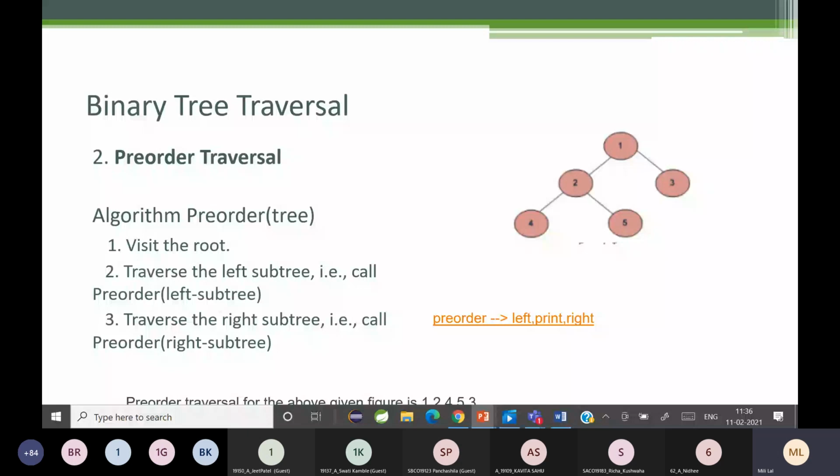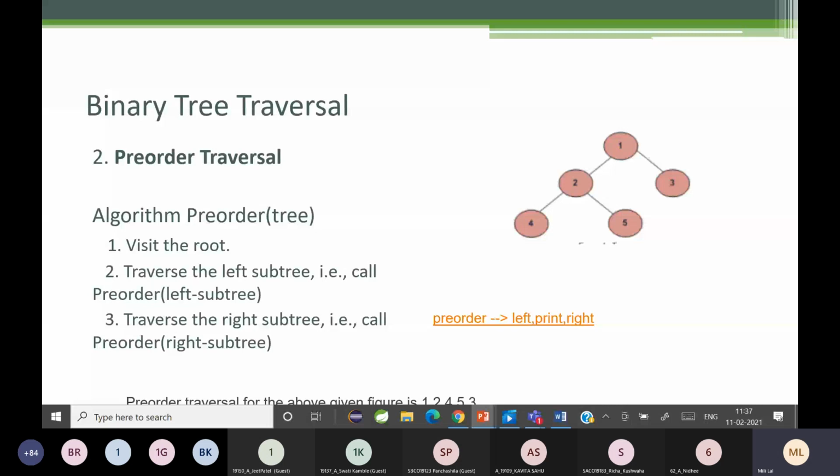Then what they say in the third step? Traverse the right subtree. So 2 का right, 4 का तो branches ही नहीं है, so we are done with that. Then we have to go to 2. 2 को right है, तो what is the right part? It is just 5. 5 को branches नहीं है, तो 5 print करेंगे. Now we have done with 5. Then we have done that portion.